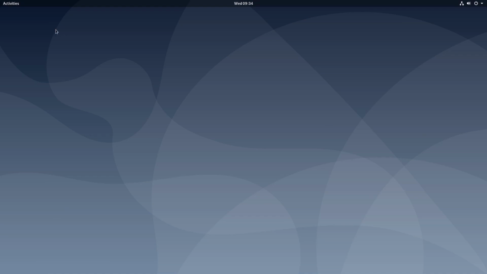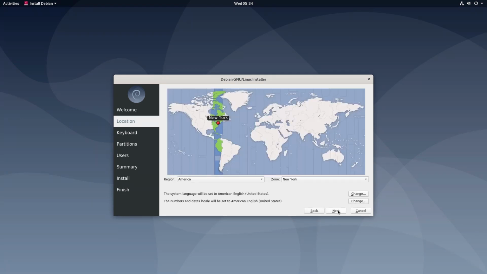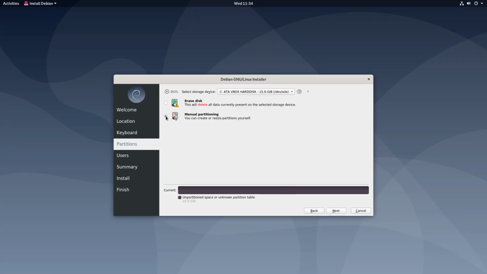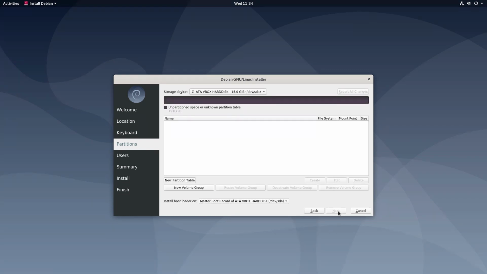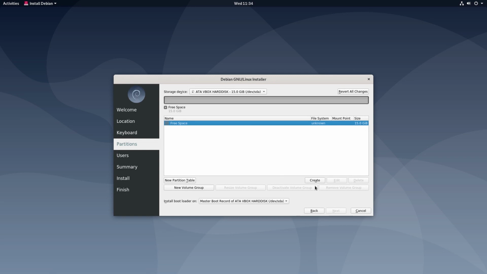You should find the Calamares launcher in the menu or on the desktop of your live session. It looks pretty nice. Obviously, it is more modern looking than the default Debian installer. You need to select your language on the first screen, then specify your location, change your keyboard model if necessary, and do the partitioning. I usually select manual partitioning. I have an empty drive here, so I need to create a new partition table on it. I use MBR, it is a conservative choice.